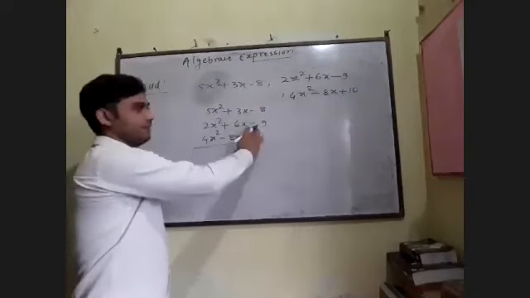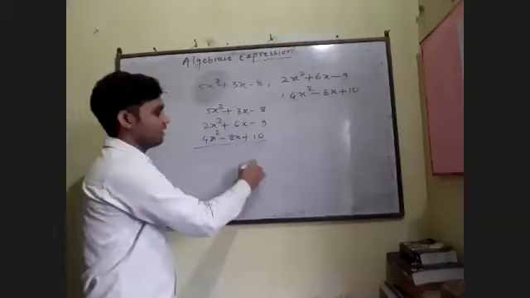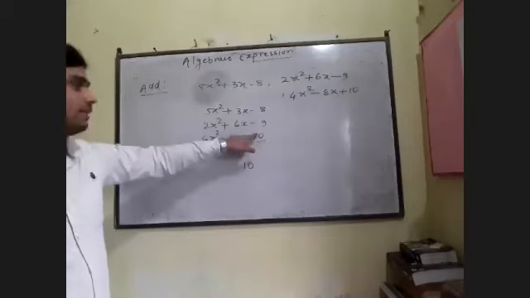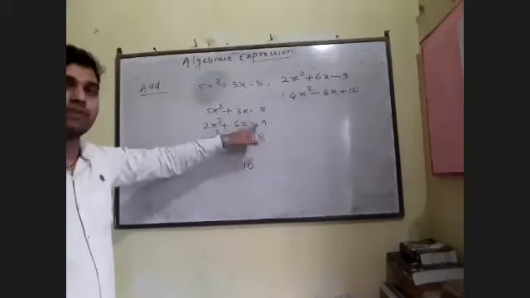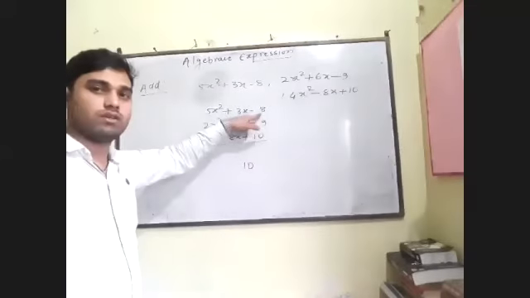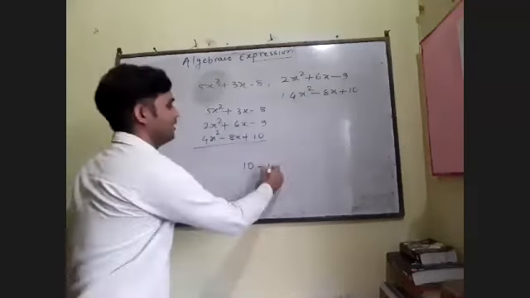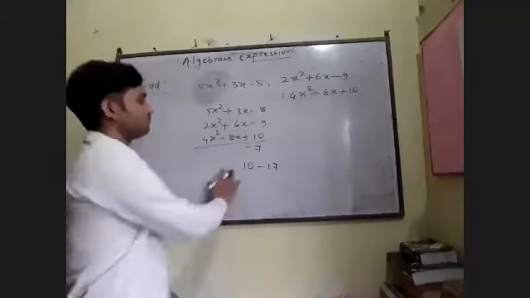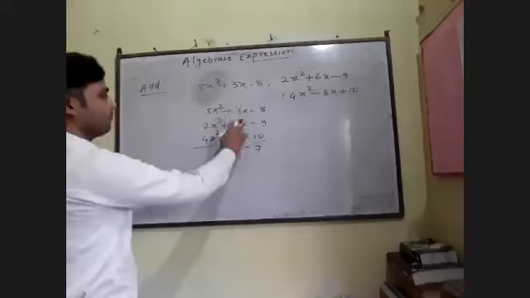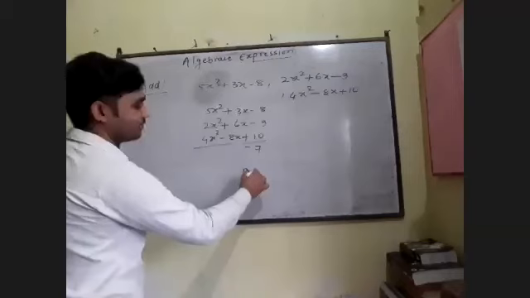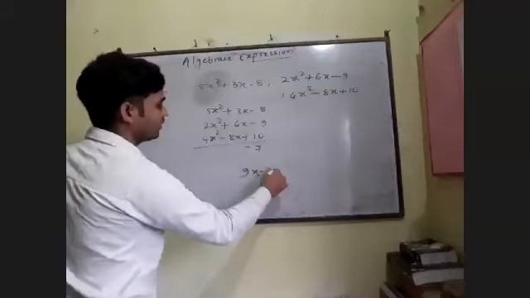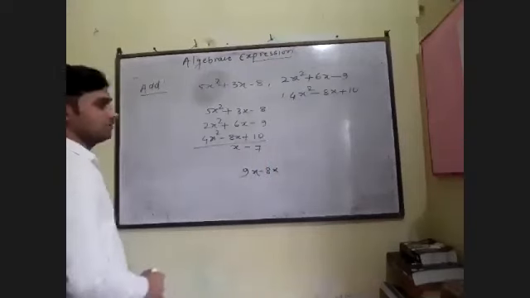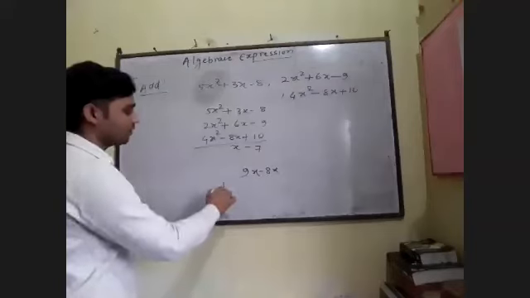So arrange it, what becomes? First it is 10. Minus 8 and minus 9. You know that minus minus, the numbers will be added but the sign will be minus. So 8 and 9, 17. Minus 17. Minus 7. Next, 3 plus 6, 9x, minus 8x. So 9x minus 8x becomes plus 1x. So no need to write 1x.